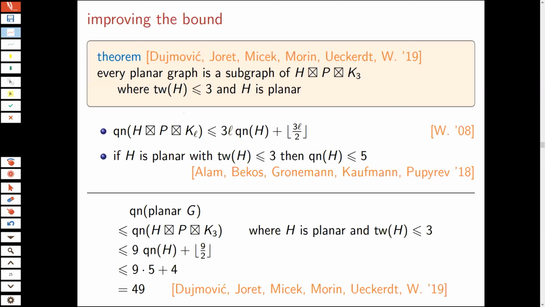But then we can plug all this in exactly the same sort of calculation as before. But now when we apply the Q number of H, instead of having this 2 to the 8 term, we have a 5. And that leads to a much better upper bound of 49. We convinced ourselves that we can get 49 down to 48, but it didn't seem worth writing an extra 2 pages in our paper for the sake of one color. We weren't so focused on the actual number more than just the existence of a constant.